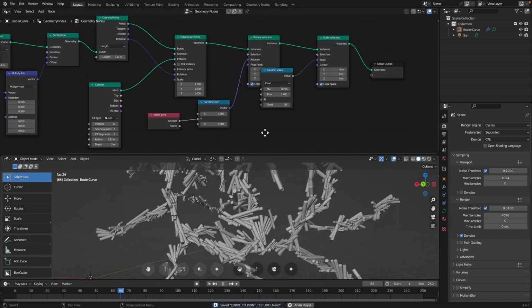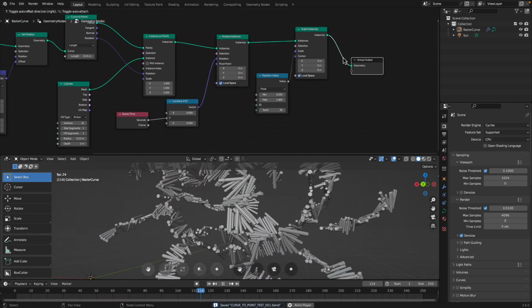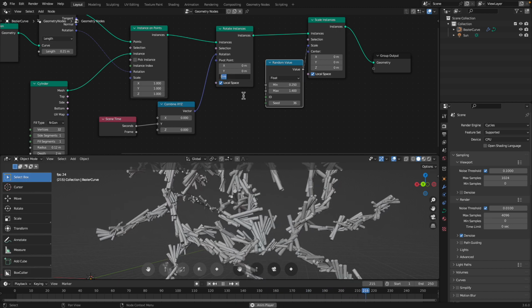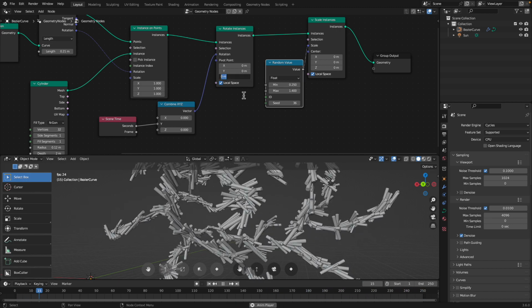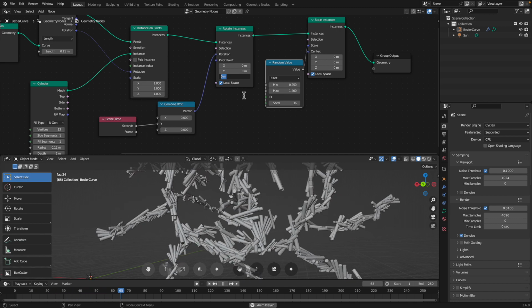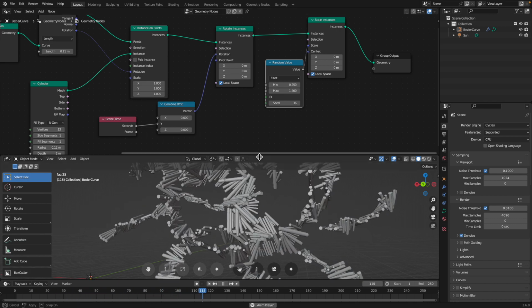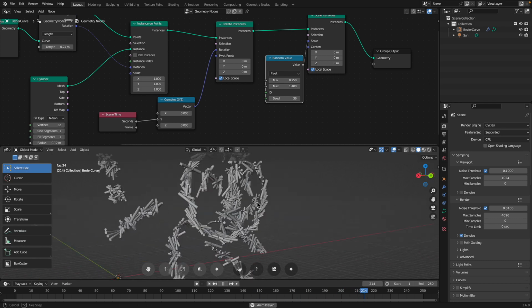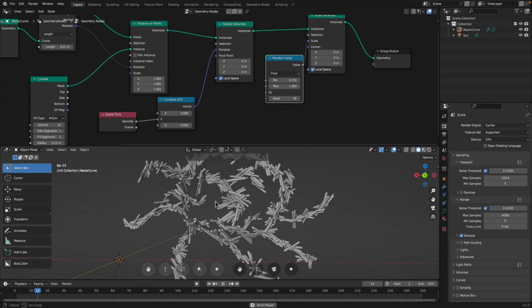Yeah, I think it's kind of doing the job. Maybe we should. Yeah, the control of instances over the curve, that's gonna be also one important part with my book